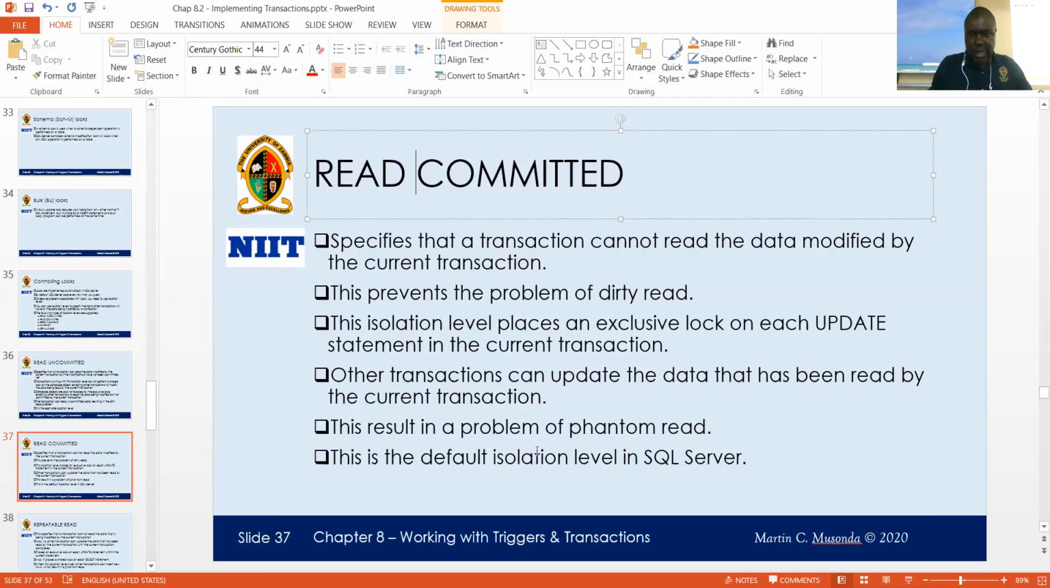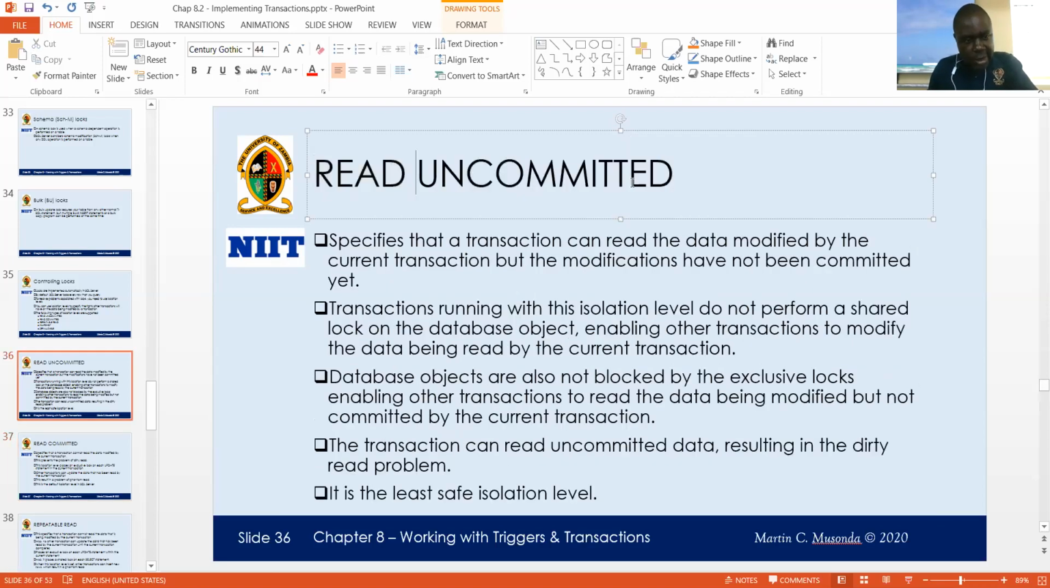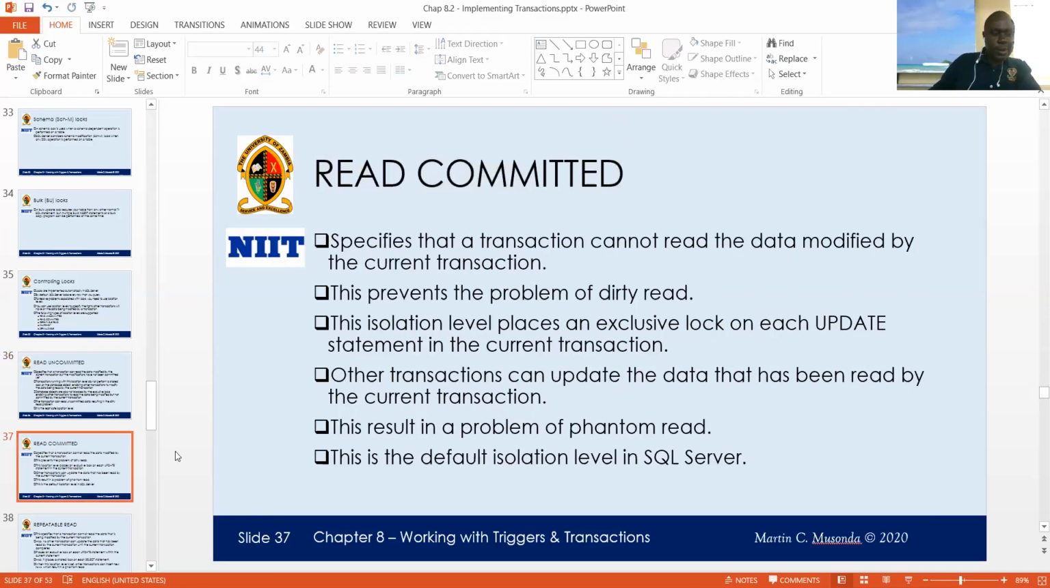This is the default isolation level in SQL Server. So unless you specify a different type of isolation level, this is the one which is going to be used. Okay. It's more secure than read uncommitted, but it's also not very secure. In other words, it's somewhat of a good compromise, because remember, the isolation